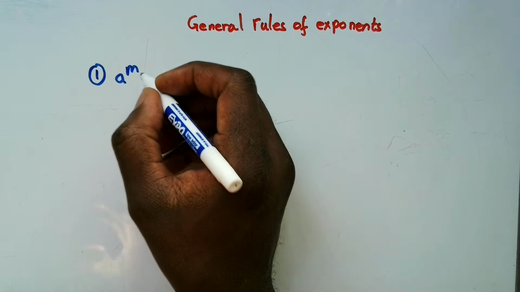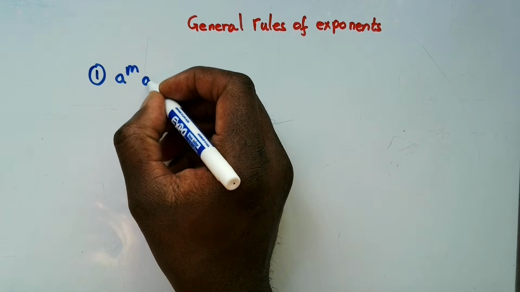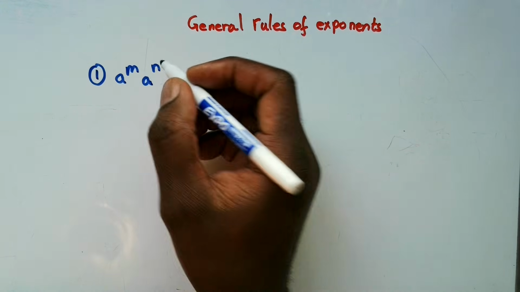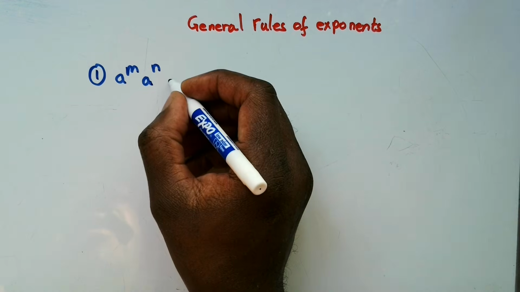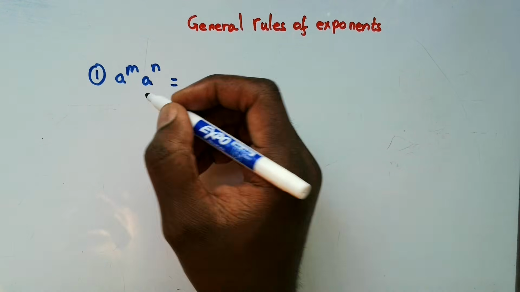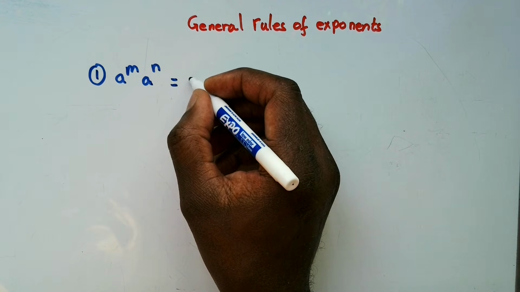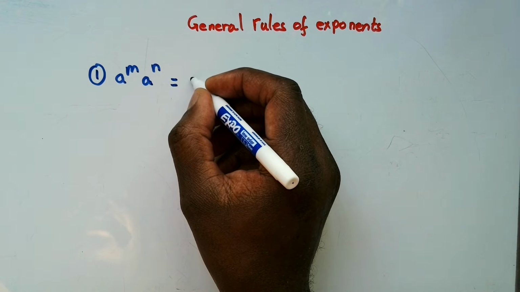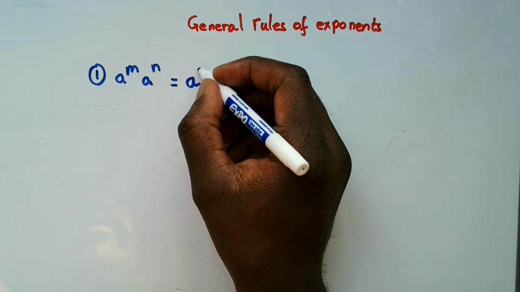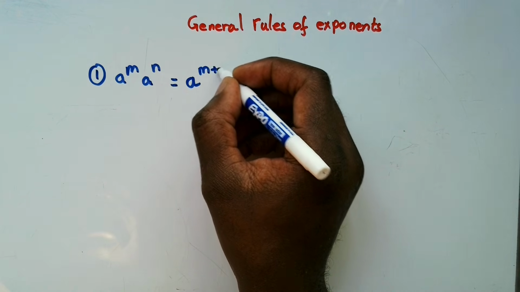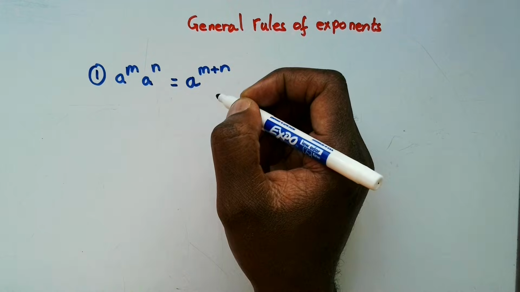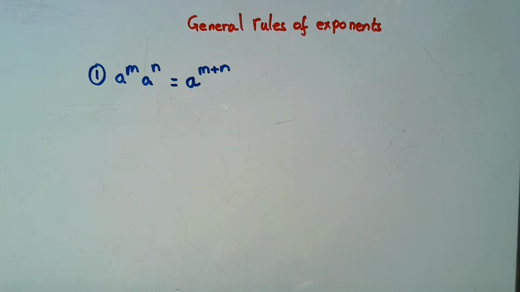A to the power m multiplied by a to the power n. So we have here a situation where the base is the same, and once the base is the same and it's multiplied, then the powers or exponents can be added, right? As an example,